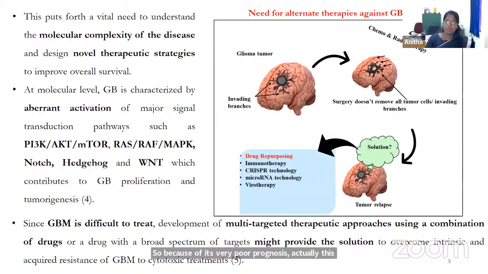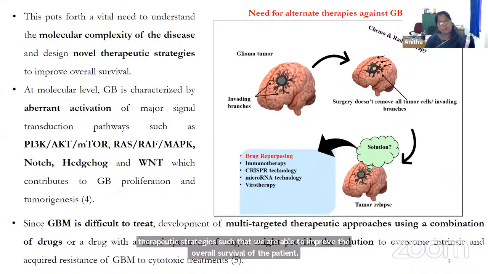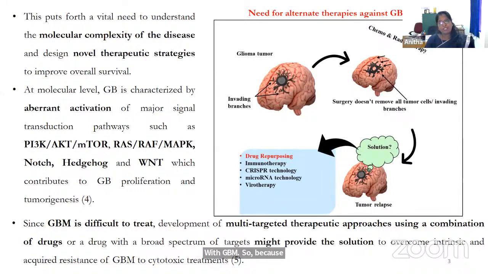Because of this poor prognosis, scientists need to understand the molecular complexity of this disease and design novel therapeutic strategies to improve the overall survival of patients with GBM. At the molecular level, GBM is characterized by aberrant activation of major signaling pathways like the PI3K, AKT-mTOR pathway, hedgehog pathway, and Wnt signaling pathway,